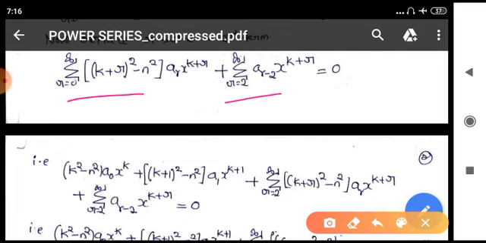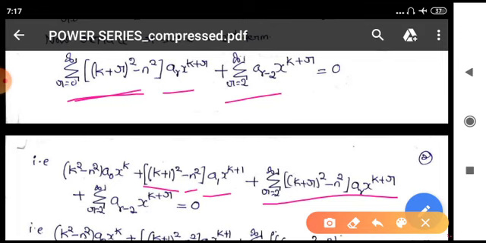That is, when r is 0, this term becomes (k square minus n square) into a naught x power k, plus, when r is equal to 1, this becomes ((k plus 1) whole square minus n square) into a1 x power k plus 1, plus, for r equal to 2 to infinity, I will write the first term as